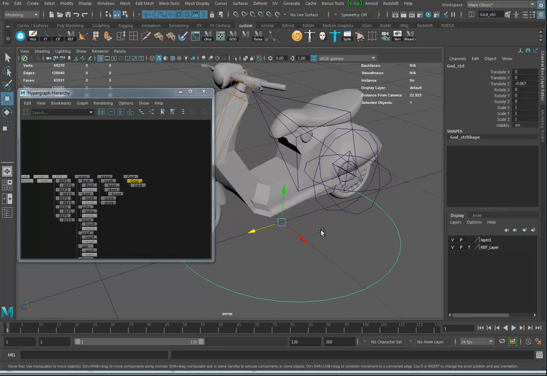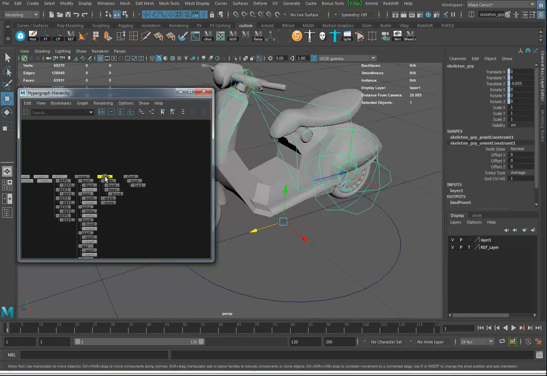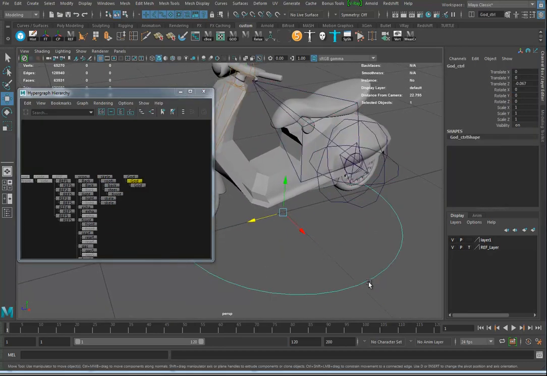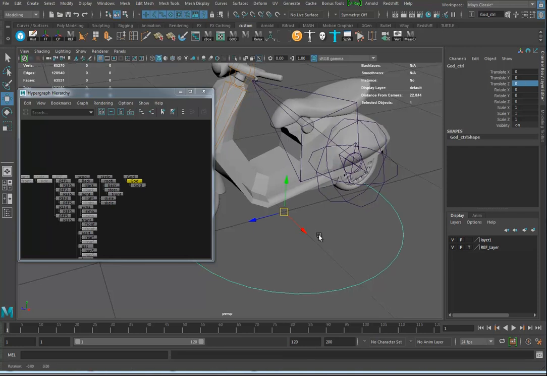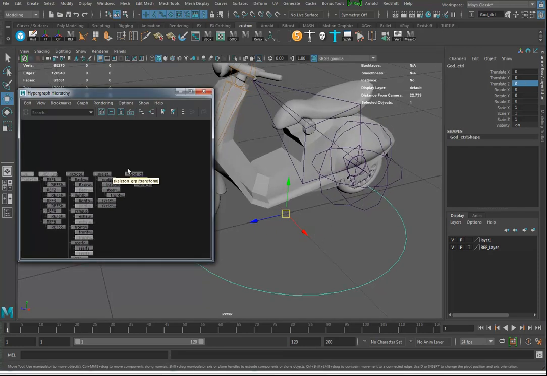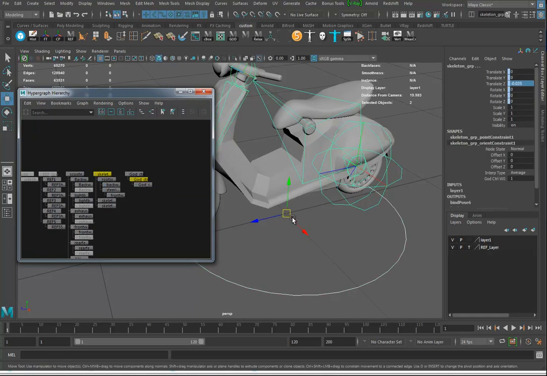If I take this, and the skeleton has a group as well, they're off from each other here. I'm just going to zero that out. I bet it goes, nope, it does not. Let's just take the God control and I'm going to hold down X, so they're on the same spot. And I'll just freeze that out. Okay, so if I take the God control and I hold down Shift and I grab the skeleton group, I'm going to go into,